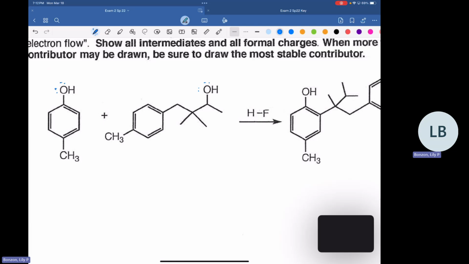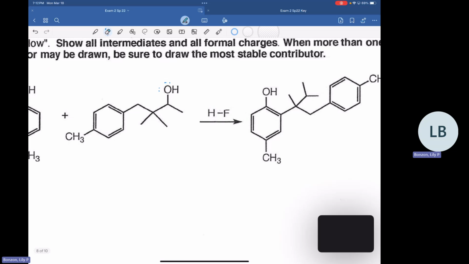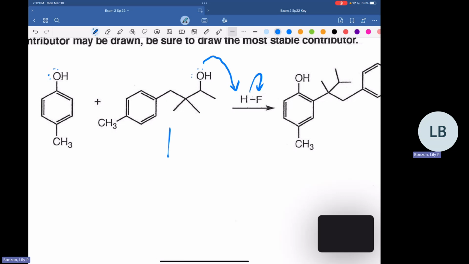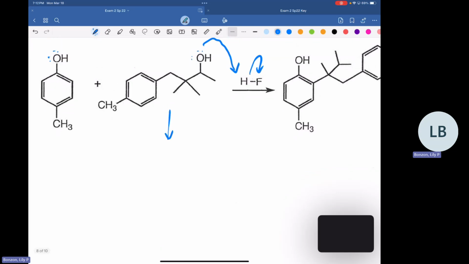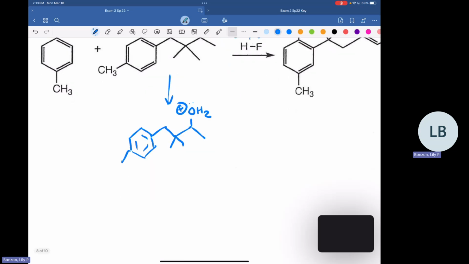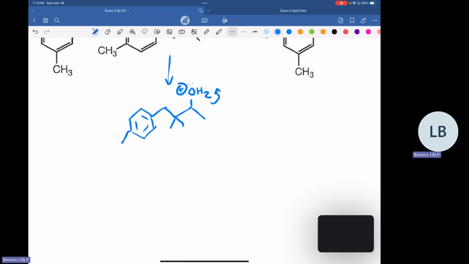We're just going to take one of these lone pairs and we're going to steal that hydrogen, because that's what nucleophiles like to do. So I'm just going to start off here. I'm not going to worry about the left structure right now. I'm just going to see what happens when I take this one down. All right. So when I protonate this oxygen, I form a water molecule on there. And so that's going to be a good leaving group. So this water can just head out. And then we're left with a carbocation in its place.